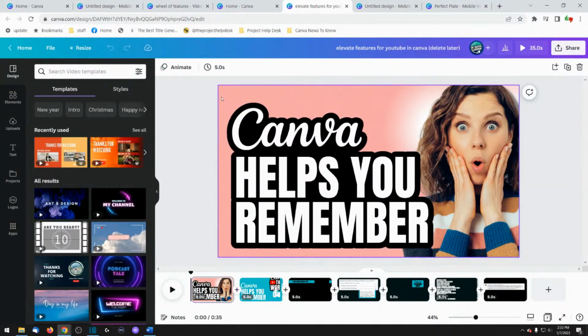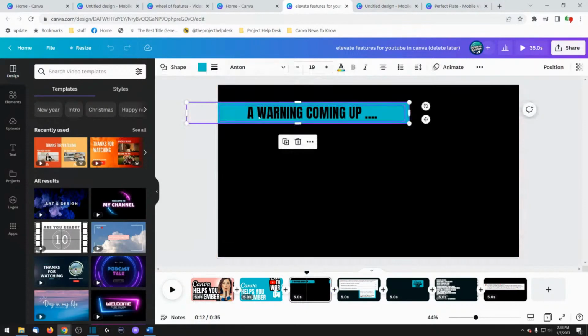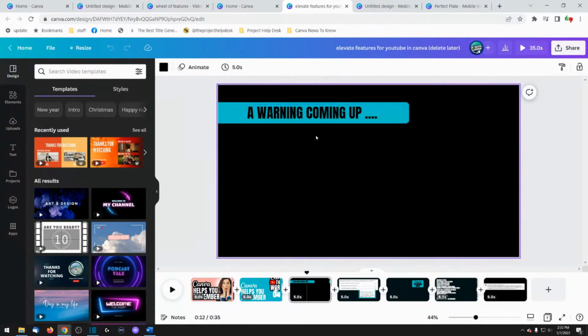So I did a whole bunch of transition scenes that look like this in that video. And then I did a lot of overlays that look like this. And so I use it so that I can use the same page over and over again